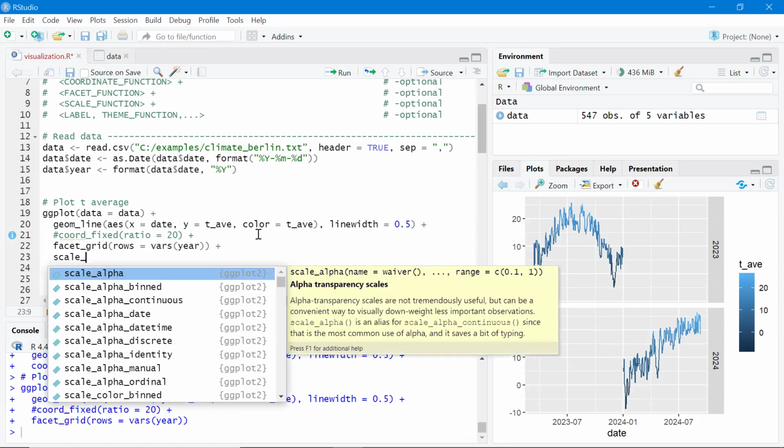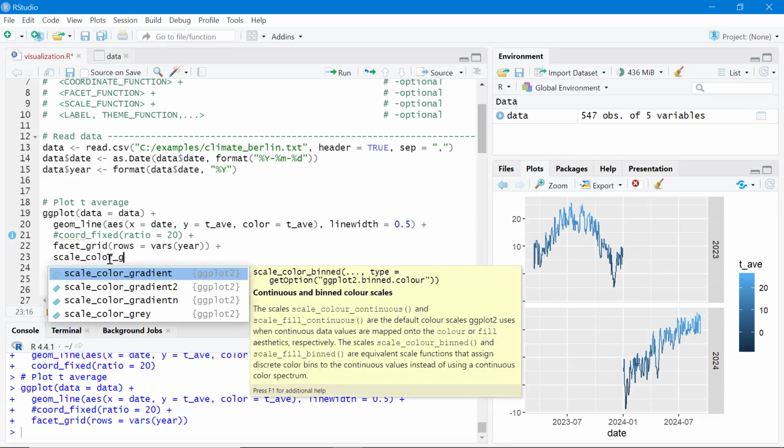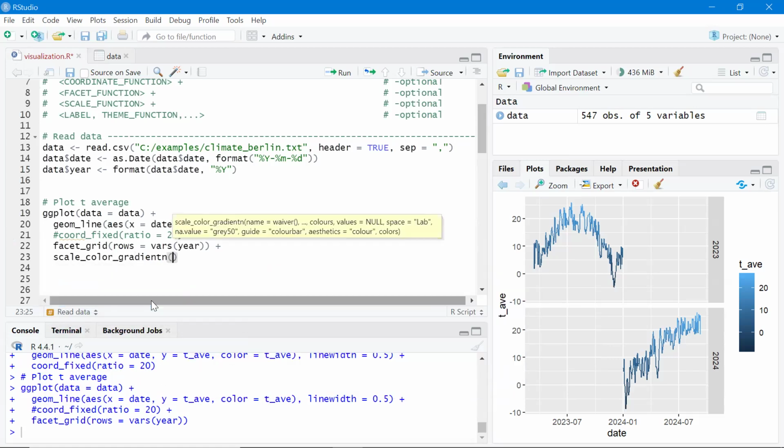We want to change the color, so scale color gradient here, because this is gradient color. So first we want to change the name of the legend. Let's say temperature, and the color